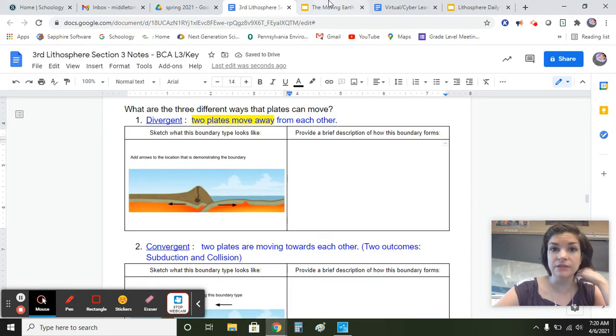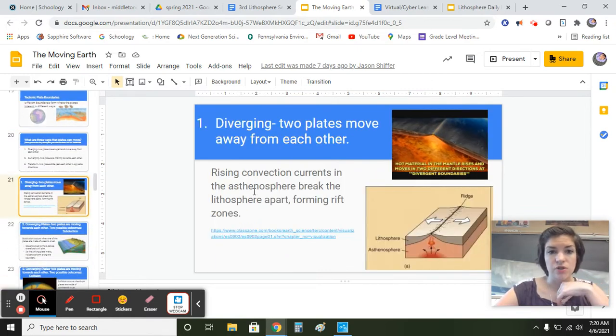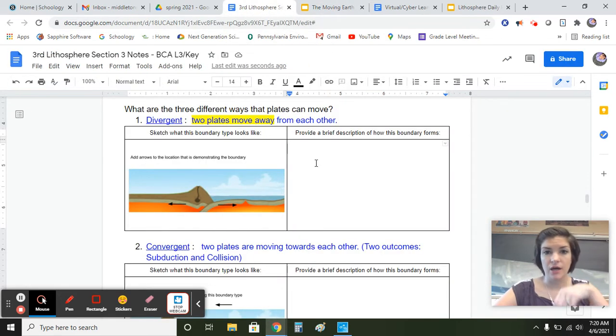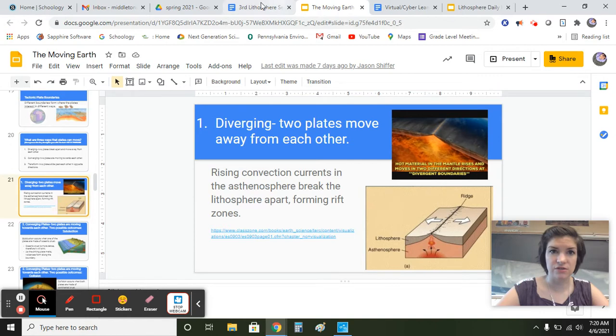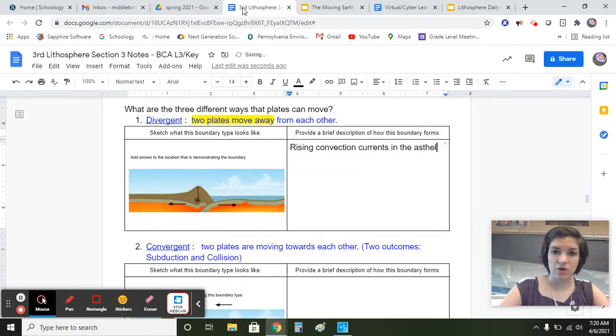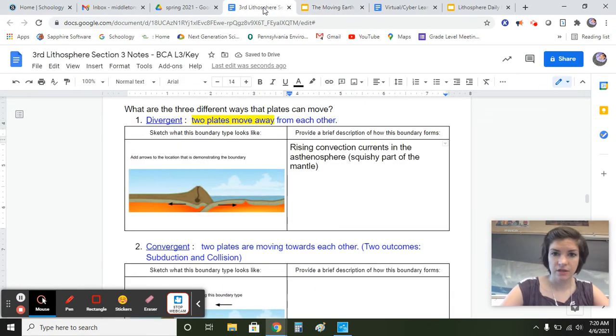All right. So how does this boundary form? Rising convection currents in the asthenosphere break the lithosphere apart, forming rift zones. So rising mantle, right? Rising convection currents rise in the asthenosphere, which is the squishy part of the mantle, and break the lithosphere